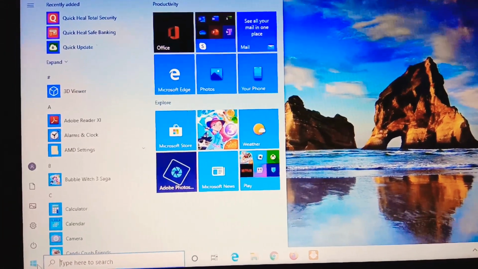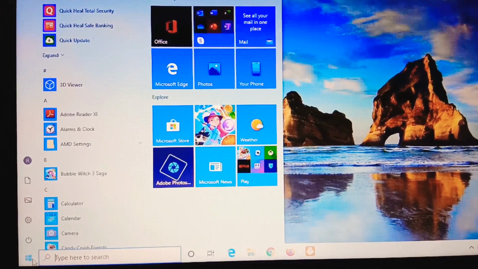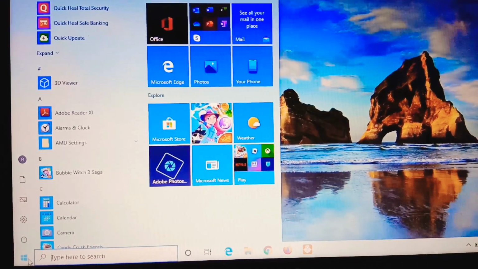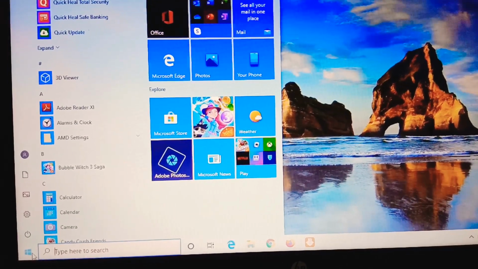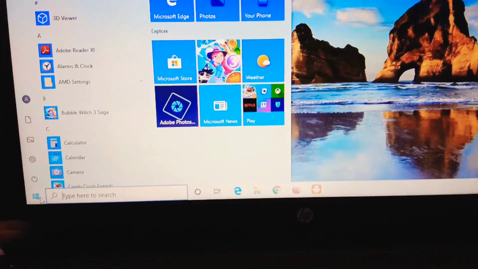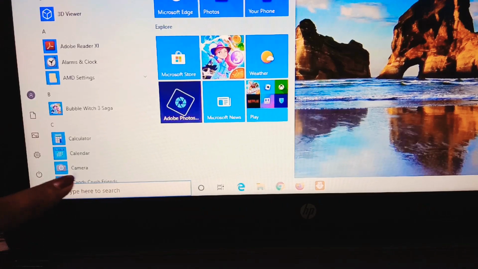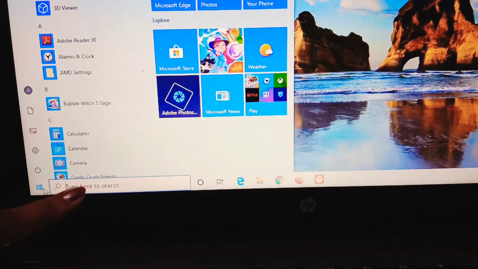Now let's learn about the Cortana search box. What do you mean by search box? Search box means where we search for anything. Look, it says 'Type here to search.' Here we can search for an application or about something.